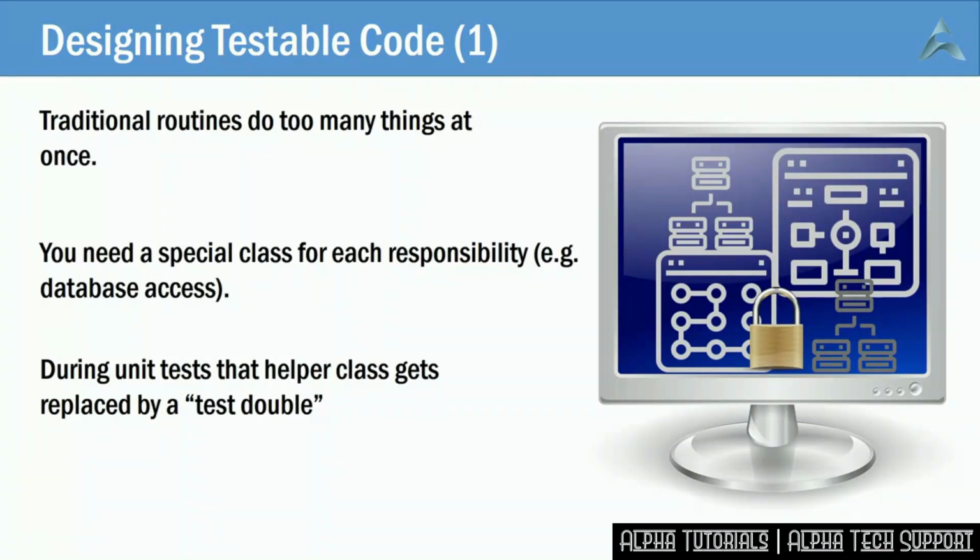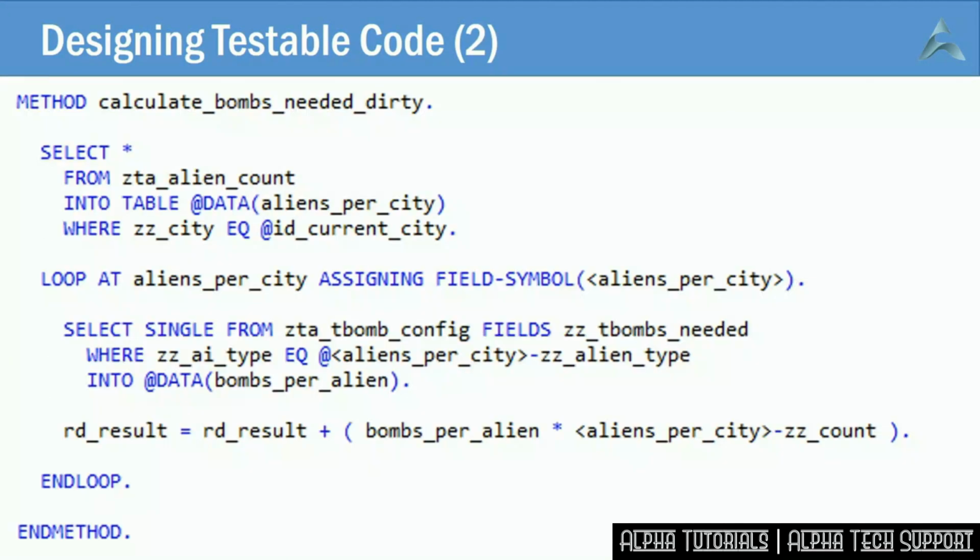During a unit test, those classes that deal with database access or any other dependency get replaced by a so-called test double. When the code runs in production, the real class is used. In both cases, the production code doesn't know if it's got a real class or a test double, and it doesn't matter, it doesn't need to know, because the behavior will be the same regardless of what is being tested, i.e. the business logic.